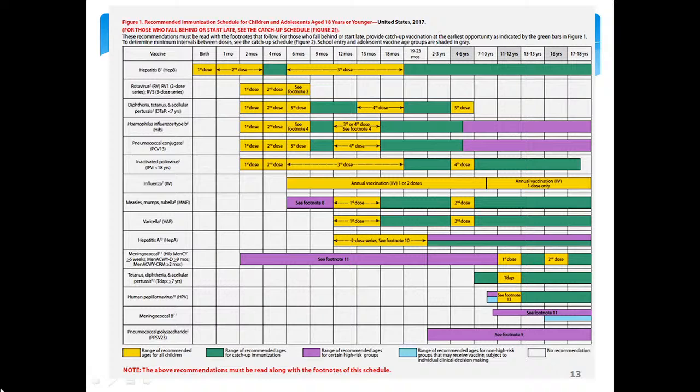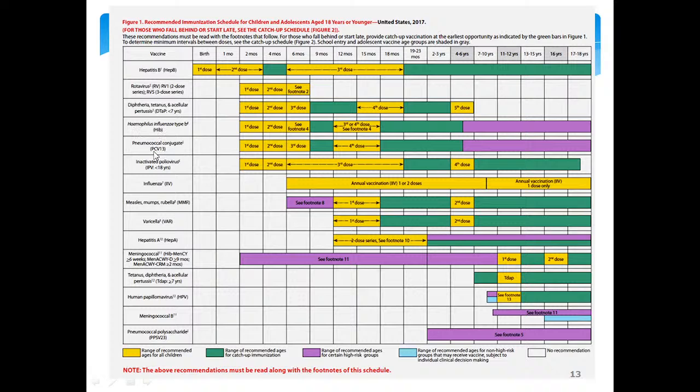At this slide you see the schedule of vaccination of the USA. Let's talk about it. In the line you see what kind of illnesses they can prevent: hepatitis B, rotavirus infection, diphtheria, tetanus and acellular pertussis vaccine,